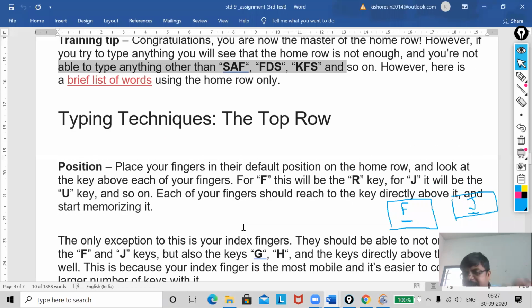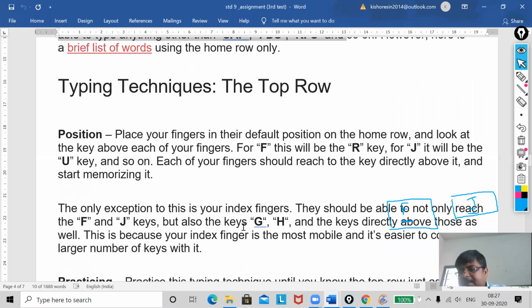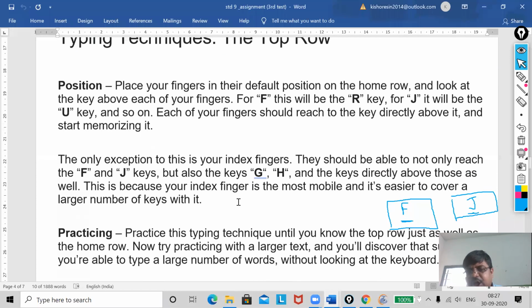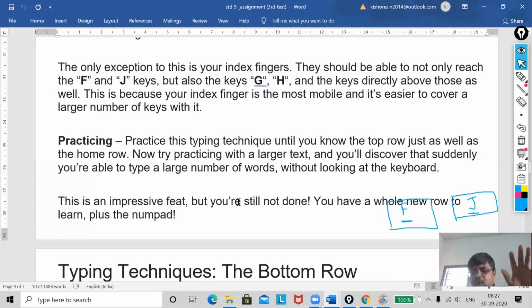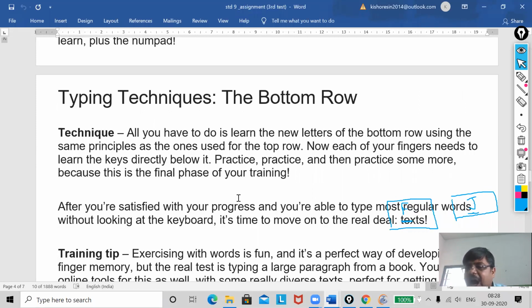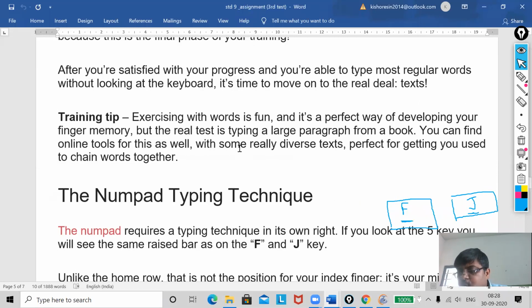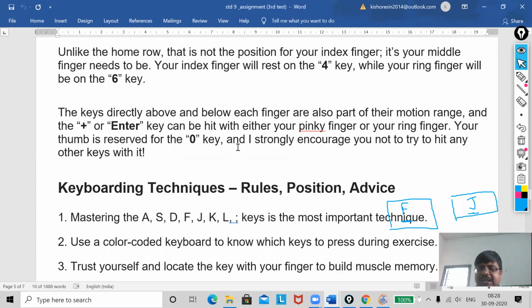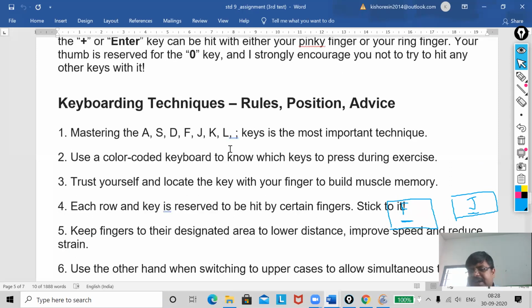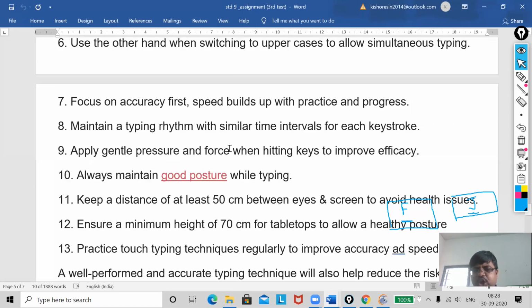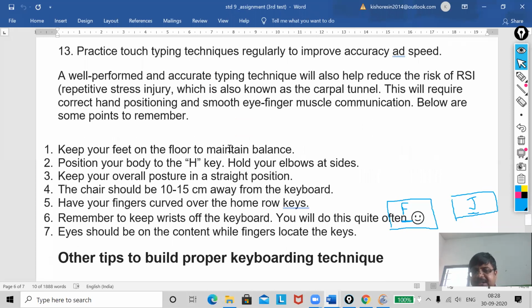All of this has taken time to write, but when you read it, you will understand everything about how to use the keys on the keyboard. I have written everything very nicely.